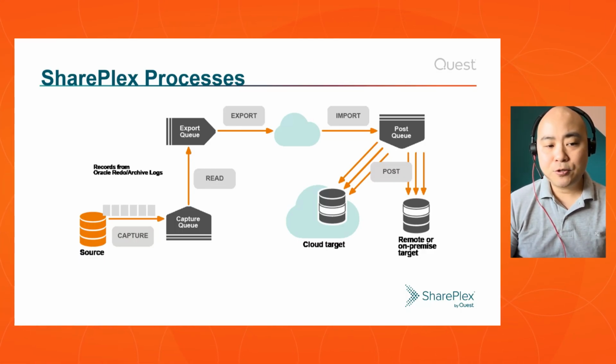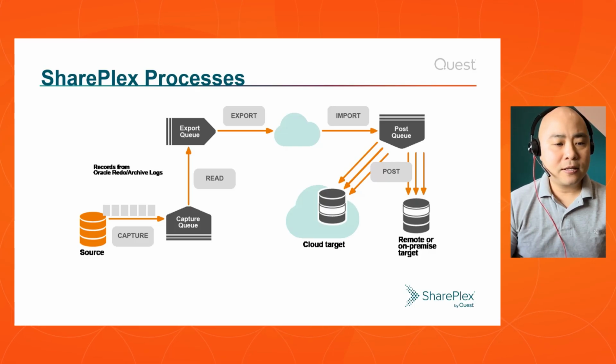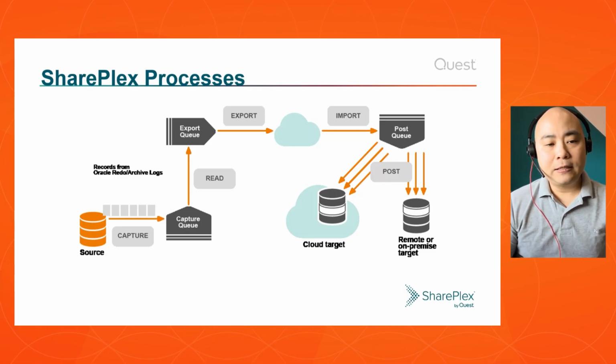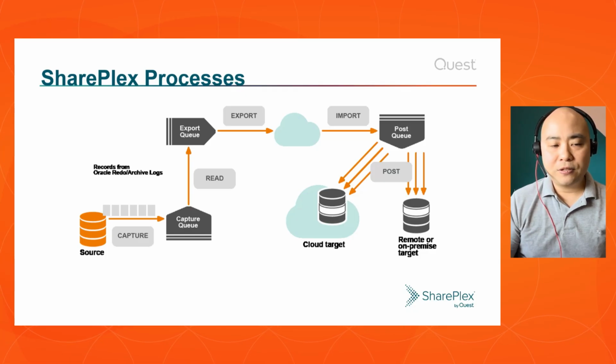We have capture, which is the process that will read from the database logs and record that data in the capture queue. Read is the process that will read from that data, complete if there's any information missing in that data, it will complete it, querying the source database,